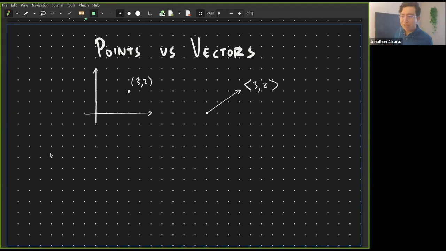But the geometry is a little different. Like how does this vector give me this point and vice versa? Well, if you were to put coordinates on this, oops, give me one second. If we were to put coordinates on this,